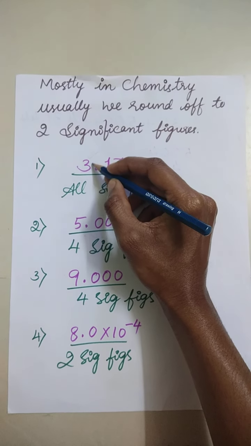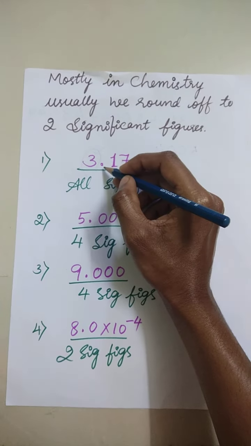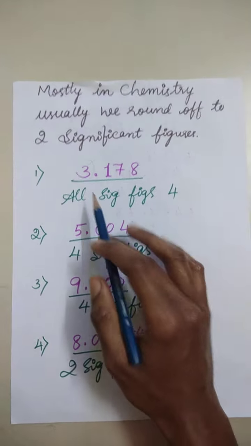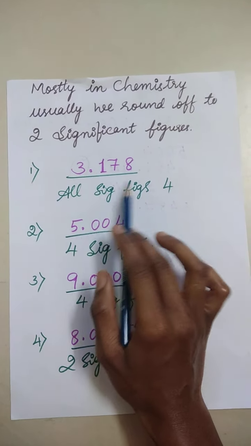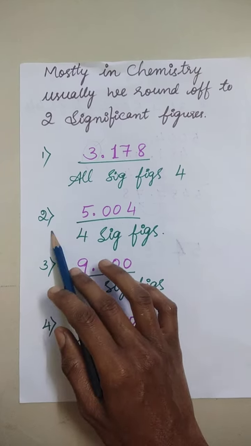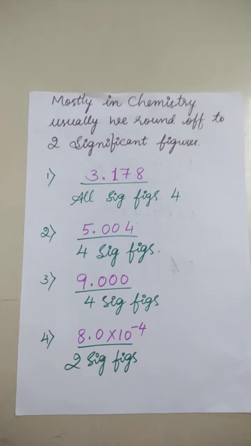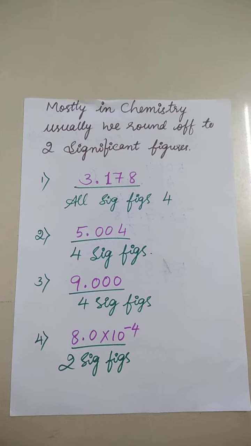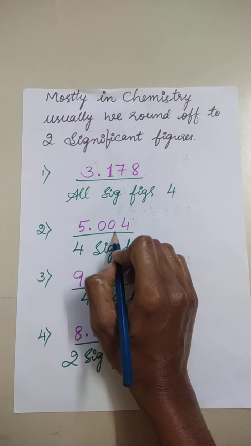So this will be the integral part. Okay, 3 is the integral part, then the decimal point, and this is the fractional part. So this 3.178 means all these will be significant figures only. So the second one here, 5.004 is there. In this also all are significant figures, because after the decimal point we have two zeros and